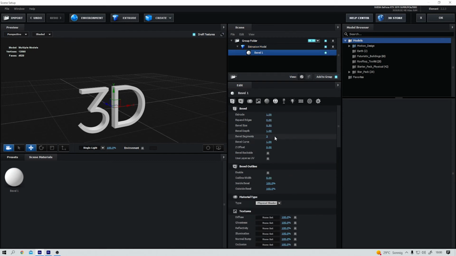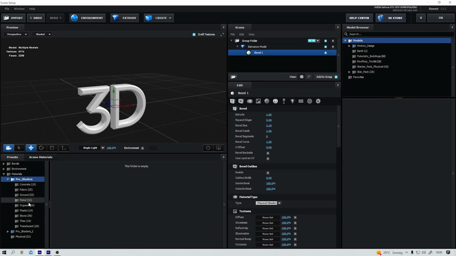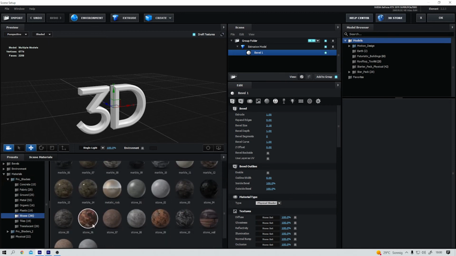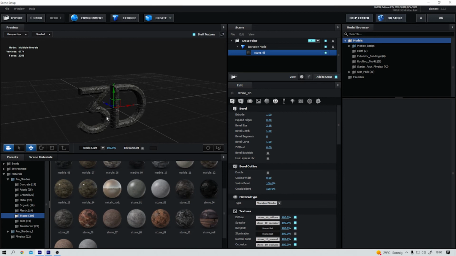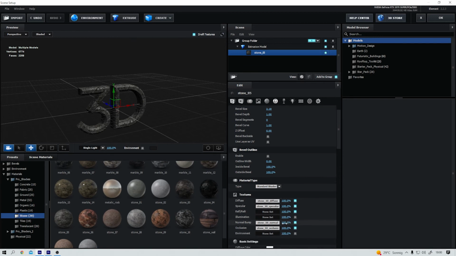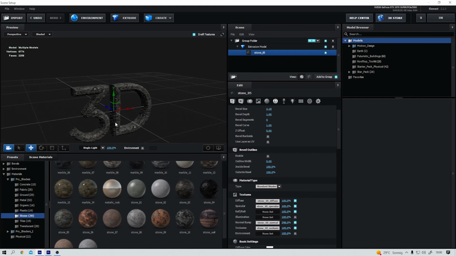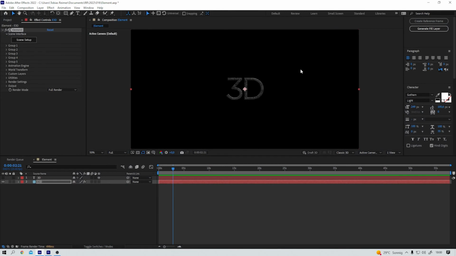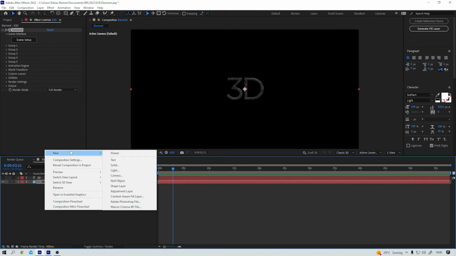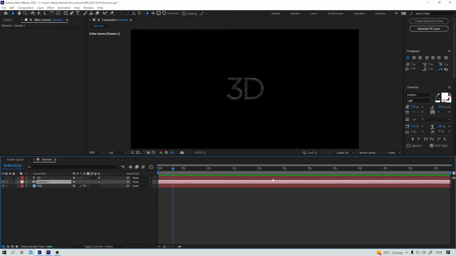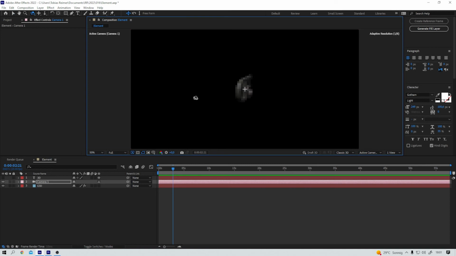Let's quickly change the bevel size and segments. And again, let's find some nice material for it. A stone material, maybe? Yes, I like this one. Let me increase the bump by a little bit. Okay. And now let me create an After Effects camera. As you can see, I have a real 3D object in my comp now that I can orbit around no problem. So to wrap this all up,